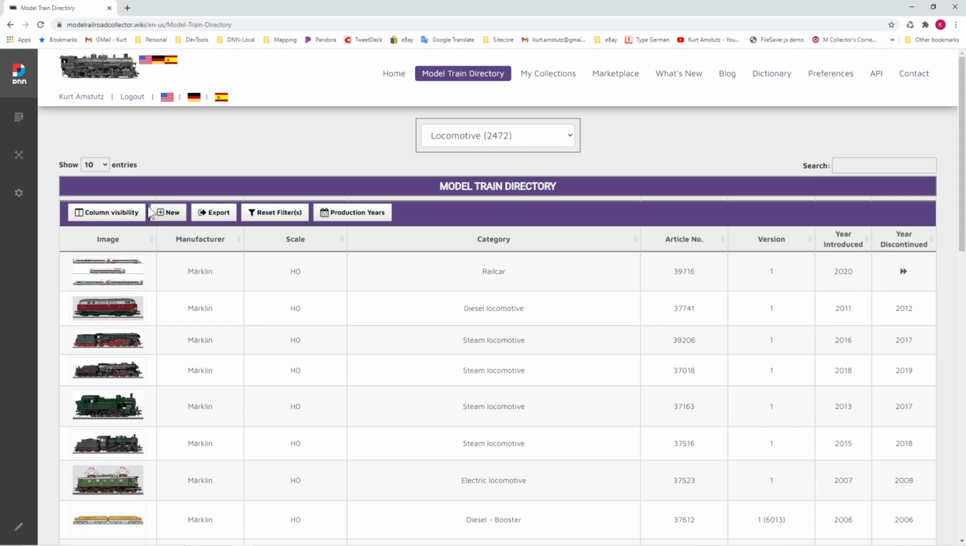the menu bar here. And currently the default, when you load any table in the directory, you get an image, the name of the manufacturer, the scale, the category that it belongs in, the article number, version, the year that it was introduced, and the year that it was discontinued. There are a number of other data points for each item, but you can't see them because they don't all